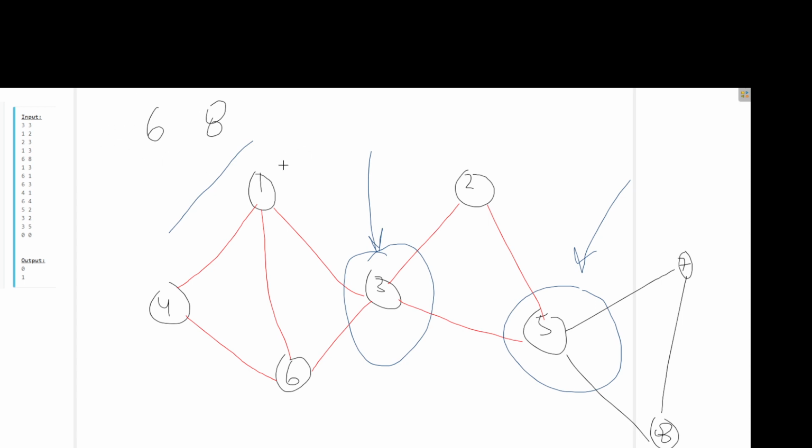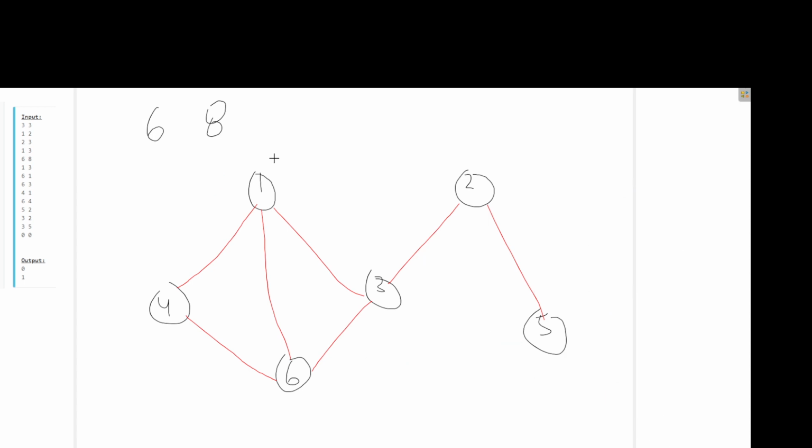Let's suppose we are starting from this node.